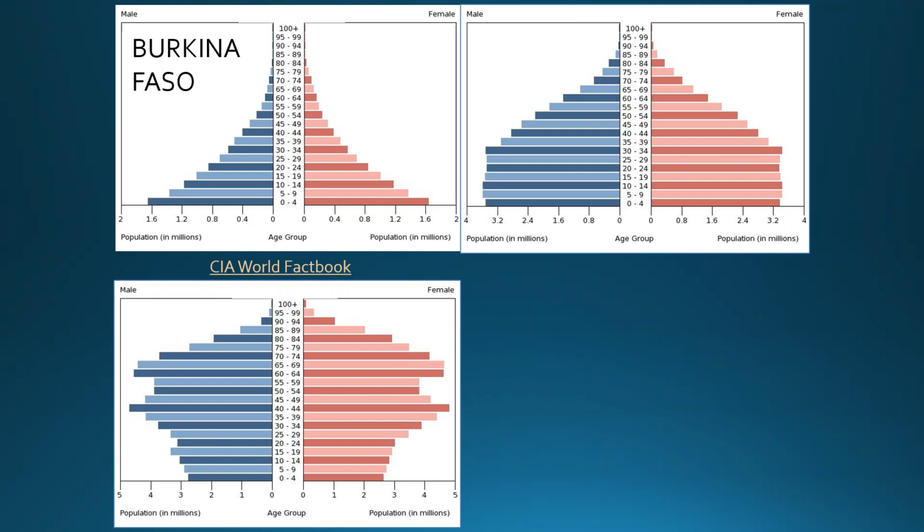So a place like Burkina Faso, which is relatively poor, not a lot of people living to old age. So you have this sharp decline in the age structure. So lots and lots of young people, less old people. You have a place like Turkey where now you have more people who are living longer, and so they are making it to adulthood. Right here, you have lots of children who are not making it to adulthood. Here, you have lots of children who are making it to adulthood. Places like Japan, where you have this bubble of elderly people, again, that higher dependency ratio.